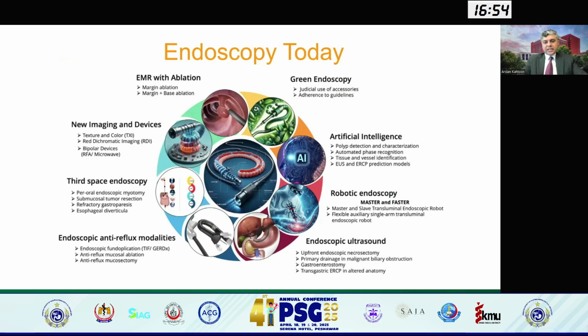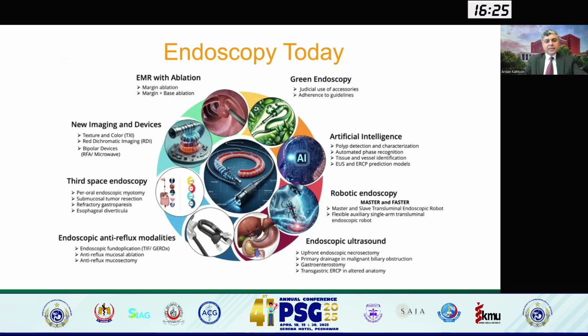it's exploded over the last 10 to 15 years with definitely some new domains that are coming into play for the practice of GI and endoscopy. It can be all the way from performing mucosal resections and performing ablations to having new imaging and devices, which would actually be able to tell you the texture, color, sometimes histology, sometimes size, all the way to giving you cancer depth